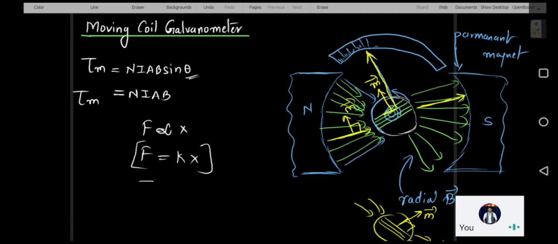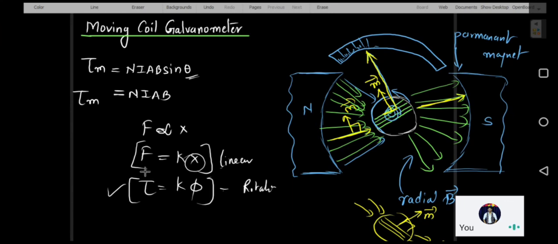Using this, we can also say that force will be replaced by torque, because this is for linear, correct? Now we have rotational. So force will be replaced by torque, the spring constant will remain as it is, and the linear displacement will be replaced by the angular displacement. That's the only difference. Even this expression we have learnt in 11th standard. So this is going to be the counter torque or the restoring torque which the spring is going to apply.